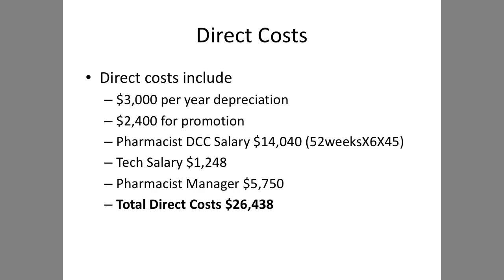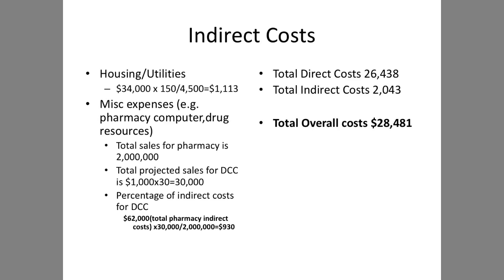So the direct costs include the remodeling, which we're going to depreciate at $3,000 per year. We're going to do some marketing. We have the direct pharmacist salary, about $14,000. We have the percentage of the tech salary that we're going to devote, 2 hours a week. We have the pharmacist manager. And so our total direct cost is around $26,438. If we look at our indirect costs, our housing and utilities per year is around $34,000, and we have 150 square feet,